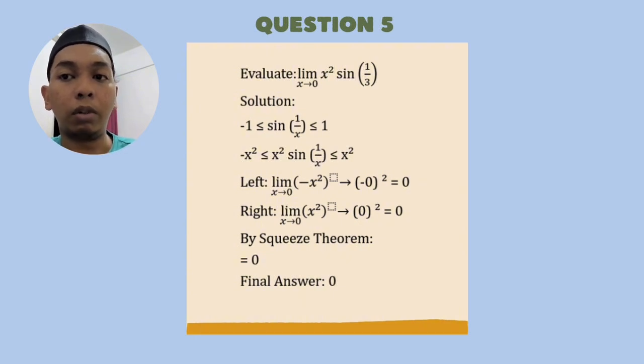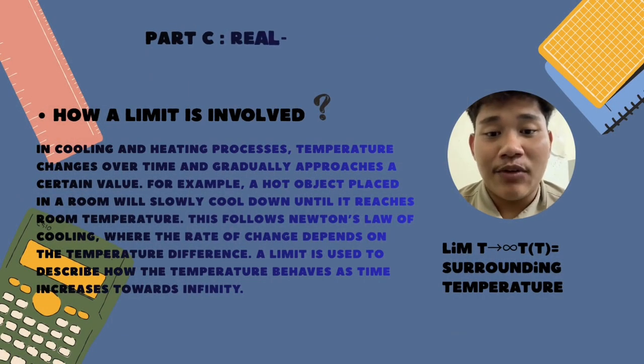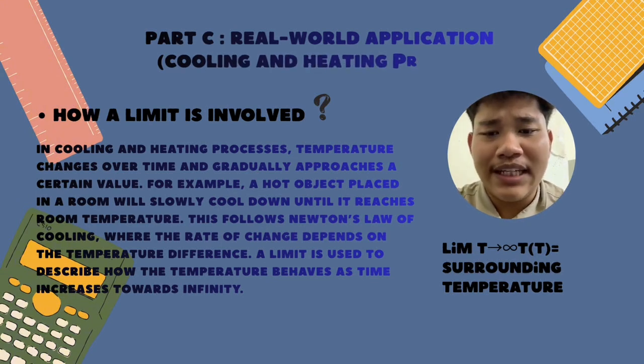In conclusion, even though sin(1/x) oscillates infinitely as x approaches 0, multiplying it by x² forces the whole expression to shrink to 0. In this slide, we can see how limits are applied in real life situations, especially in cooling and heating